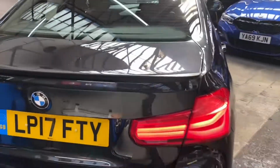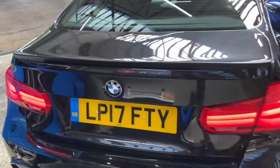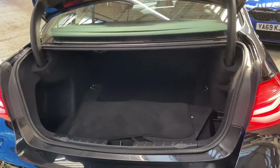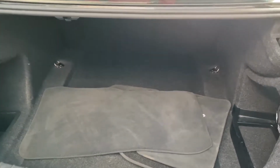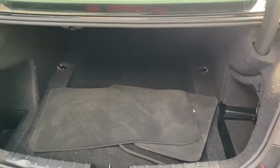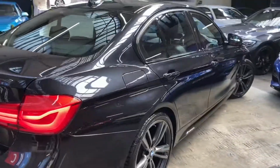At the rear of the car we have satin rear diffuser and the matching rear boot spoiler, and of course we'll open up the luggage compartment for you to take a look at just how large that space is. And of course again, genuine BMW floor mats, very nicely presented, along with a nice, very large size area. Moving round towards the other side of the car,